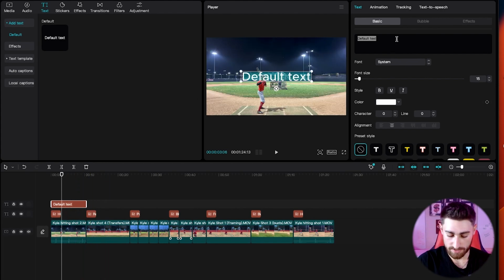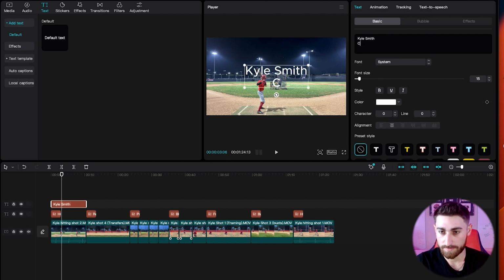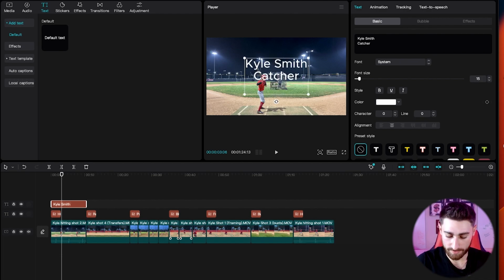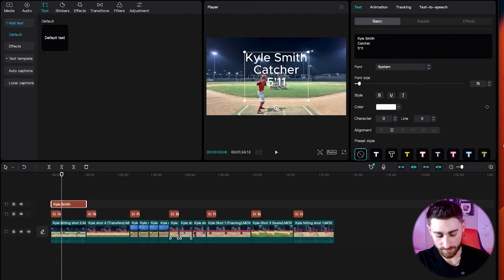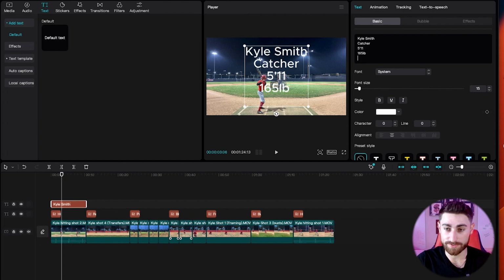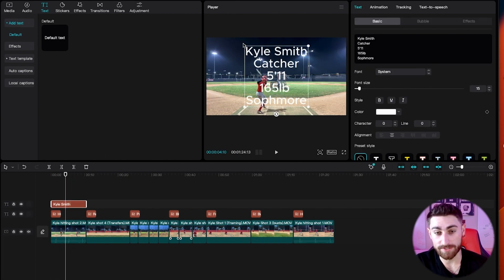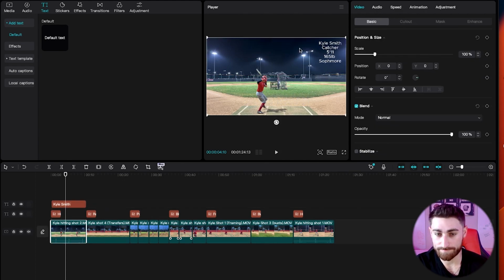We're going to say Kyle Smith, catcher, 5'11", and then we're going to put 165 pounds, and then we're also going to throw in his age, sophomore. So next thing we want to do is shrink this, throw it into the top right,